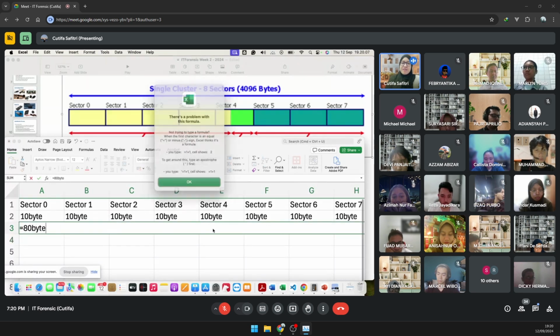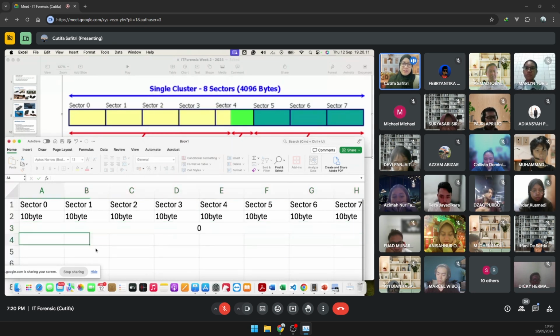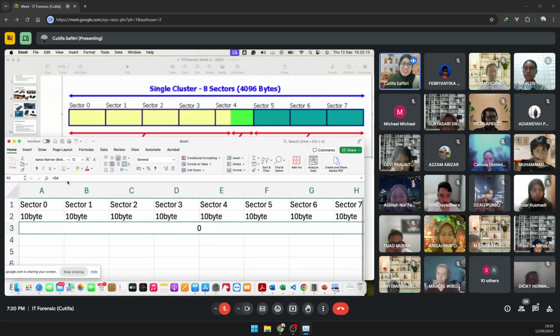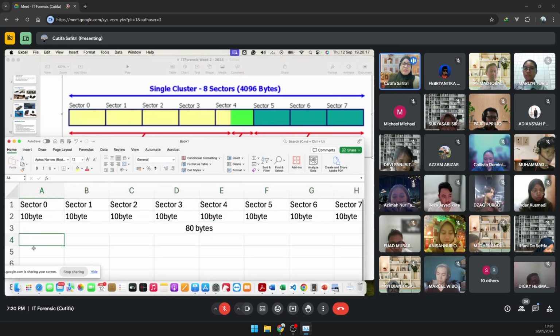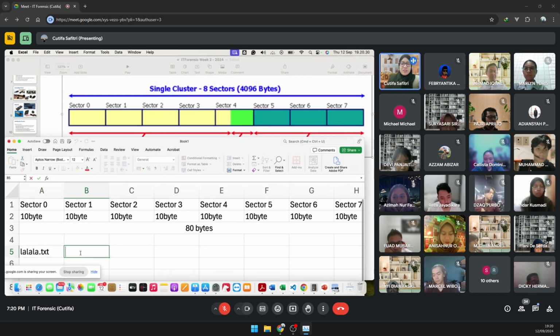So I have 80 bytes here. Now I want to save one file, lalala.txt. This is a notepad, and its size is small, only 20 bytes.